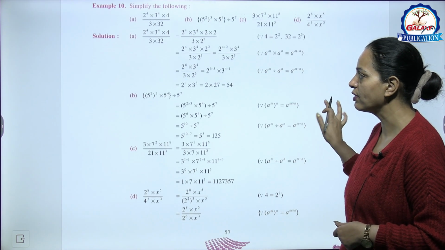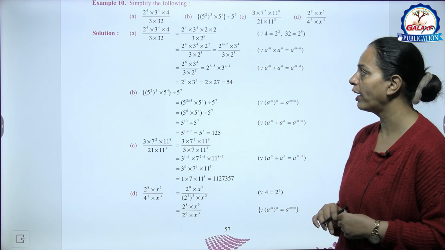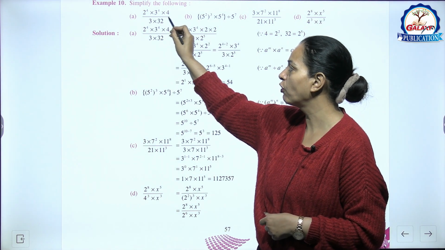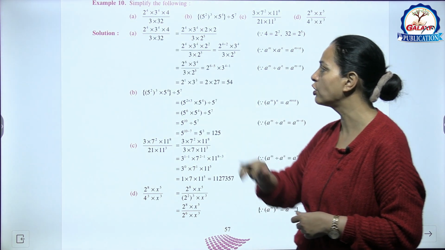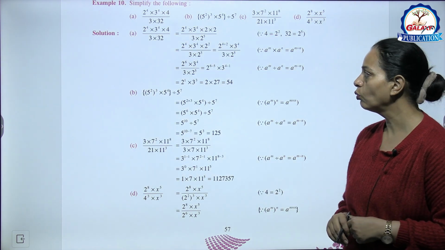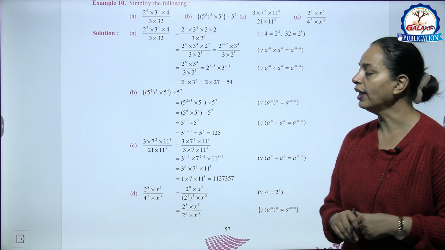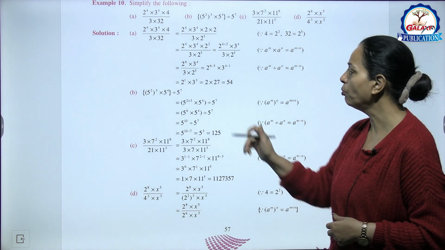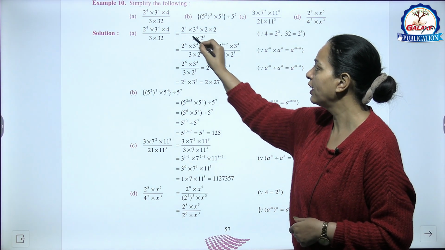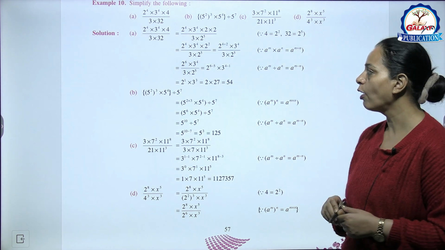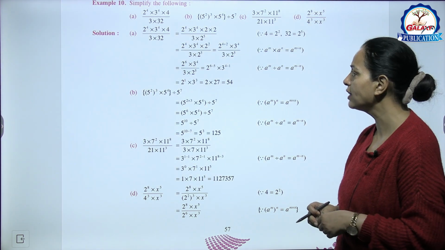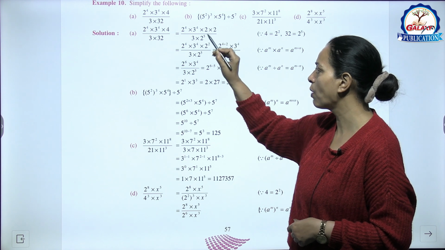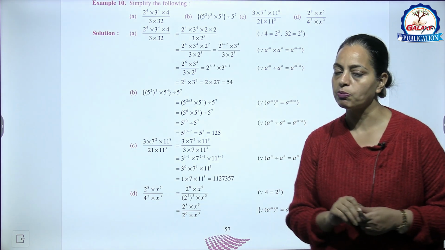very easy and interesting. Now example 10, simplify the following. A part, 2 raised to power 4 into 3 raised to power 4 into 4 upon 3 into 32. So what to do? अब हम क्या करेंगे, 32 को हम एक्सपोनेंशियल फॉर्म में लिखें. सो 32 मीन्स 2 raised to power 5. Rest terms as it is. Now what to do? Combine the same base. So here 2 raised to power 4, 2 raised to power 1, 2 raised to power 1 और नीचे क्या है 2 raised to power 5.